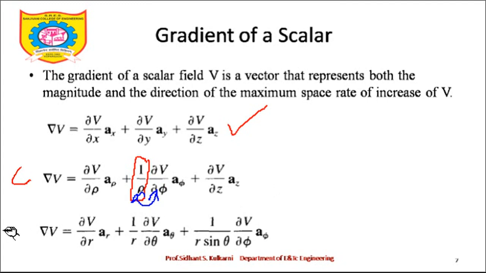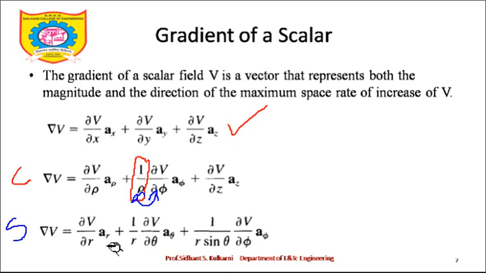Let's go to the third coordinate system, that is the spherical coordinate system. And the spherical coordinate system formula for grad v is: grad v is dou v by dou r a r bar. No problem about this. Now see, as I am telling you, rho comes with a phi, r comes with a theta in case of spherical. As in the case of the cylindrical coordinate system, rho is coming with a phi, the same way in the spherical coordinate system, r comes with a theta and r sin theta comes with a phi. So it's very easy to remember now. Just three things you need to remember: rho comes with a phi, r comes with a theta in spherical, and r sin theta comes with a phi in case of the spherical coordinate system.